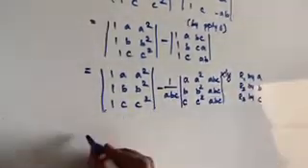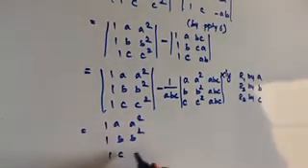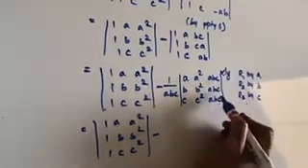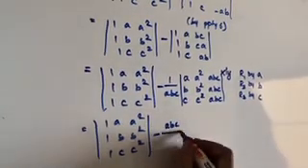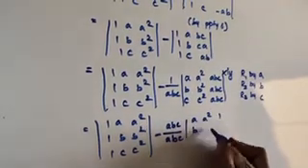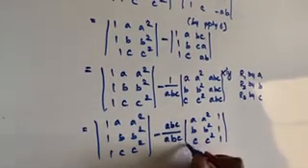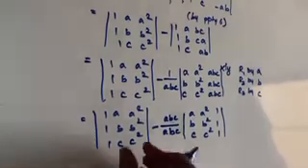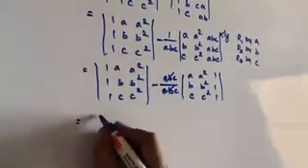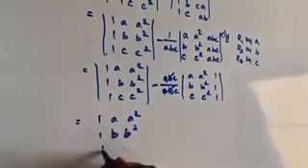Now, in the third column, all the terms are the same, abc, so we can take it outside. So, 1, a, a square; 1, b, b square; 1, c, c square, the first matrix, minus, I am going to take this abc outside, abc divided by abc, times a, a square, 1; b, b square, 1; c, c square, 1. Now, you can cancel abc and abc.